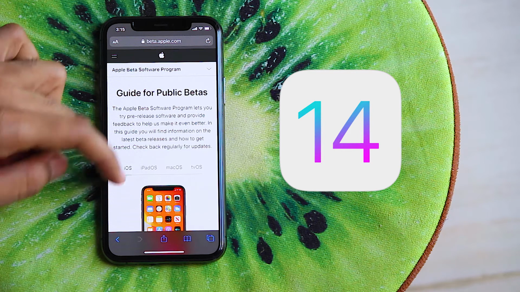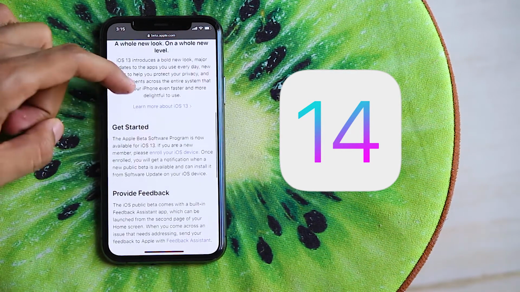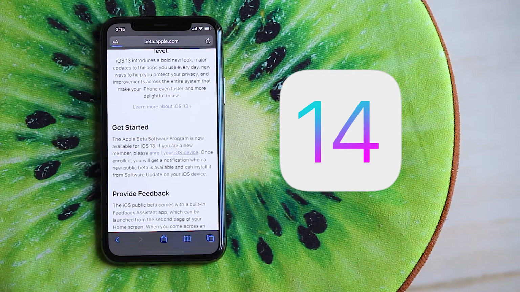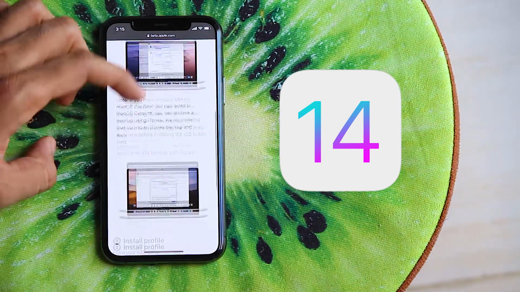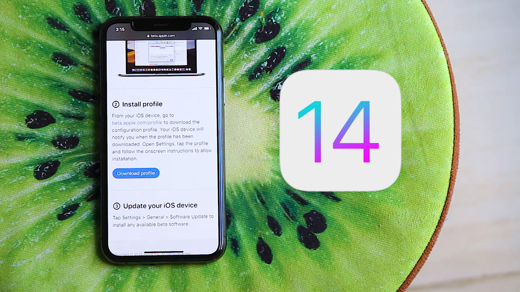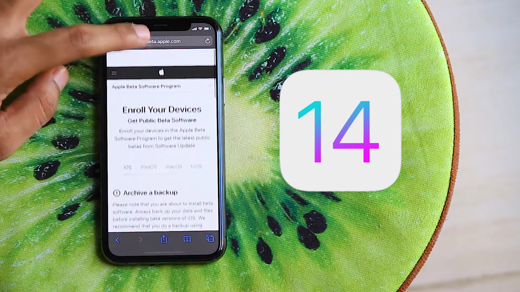once you have signed into your account, you need to scroll down and you will find Get Started. Just click on Enroll Your iOS Device. Once you have enrolled your iOS device, you will be successfully enrolled once you have signed into the iCloud account. Once you're done with that, you're going to exit the site and